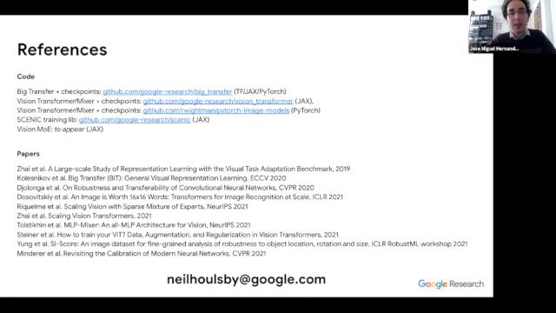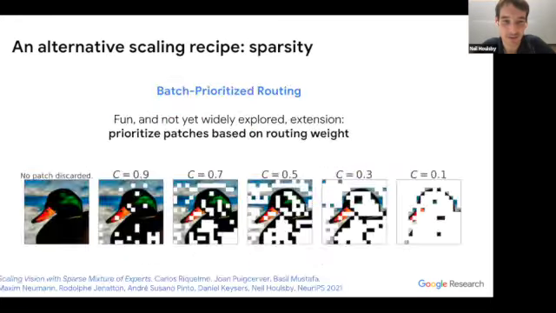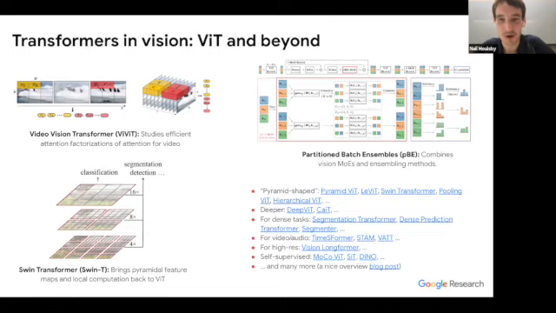Someone is asking about video, if you have any experience of what would happen with video or other types of data? Yeah, a bit, but not tons. One of these extension works, the Video Vision Transformer, is from our group. That shows that transformers can work for video, and that it's beneficial to reuse ImageNet pre-training for video, and this works quite nicely. So we have some experience, but